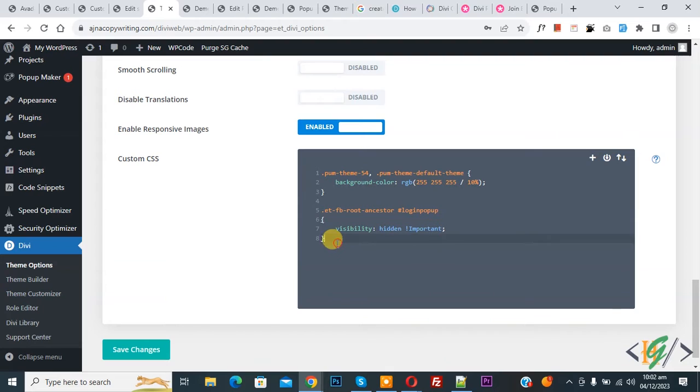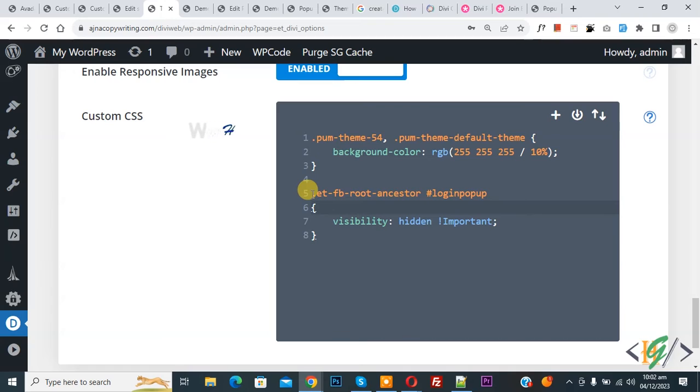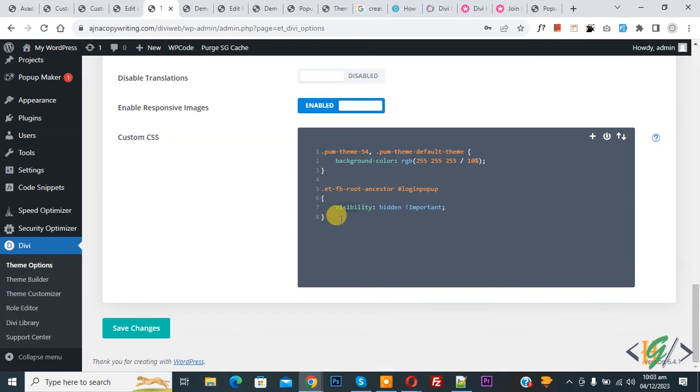Now paste it, and you will find this CSS in the video description or in the comment section. Now you see the class .et-fb-root-ancestor and this is the ID of our pop-up. So you can add the class or ID name for your pop-up according to your requirement. Our ID for the pop-up is loginpopup and then you see visibility hidden !important. So just add this, and you can replace loginpopup with your class or ID. This CSS will hide the pop-up on Visual Builder. And then click on